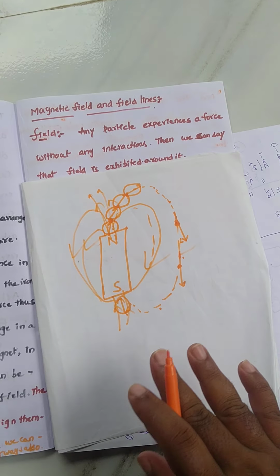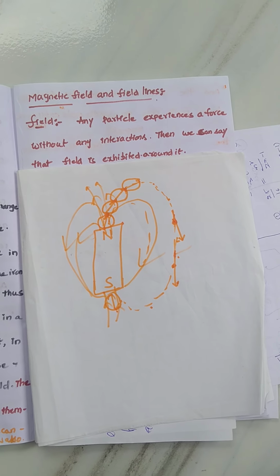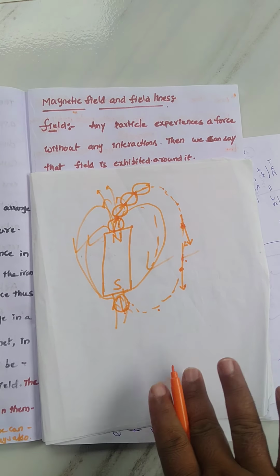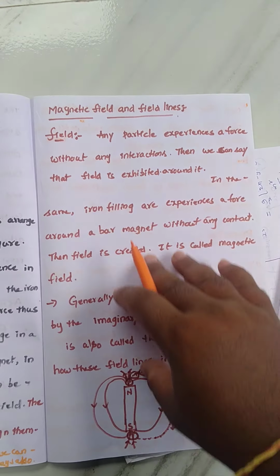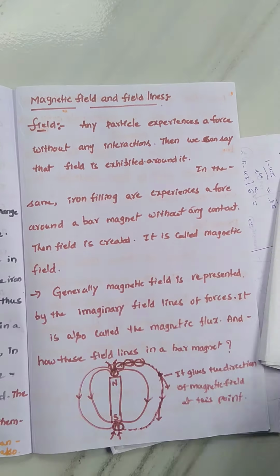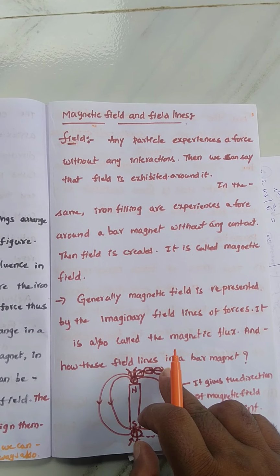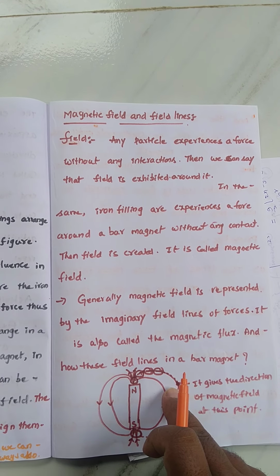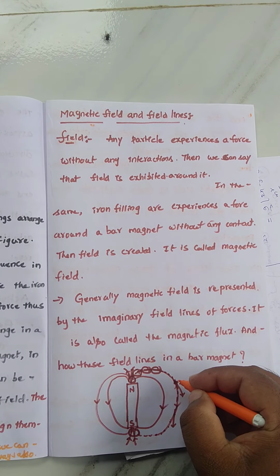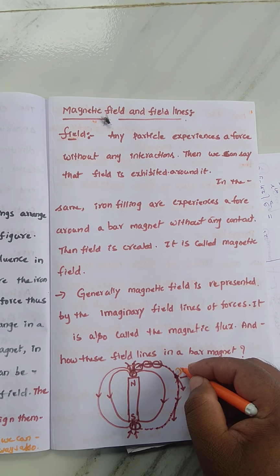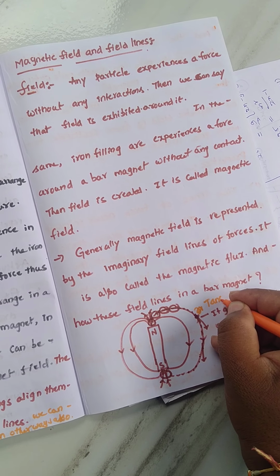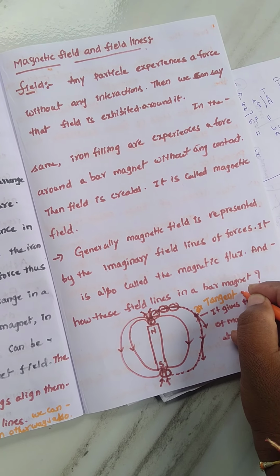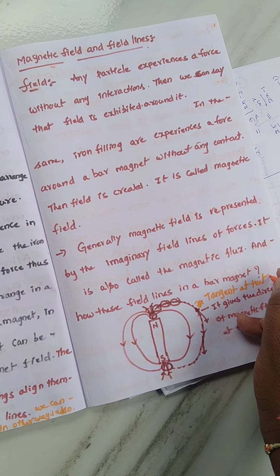So this is about the magnetic field and direction of magnetic field, dear students. And again I am telling, whenever in the exam they ask about magnetic field and magnetic field lines, what I am discussing should be written. Magnetic field lines we also call magnetic flux. And how the field lines will be in a bar magnet, see, you draw a tangent at that point.